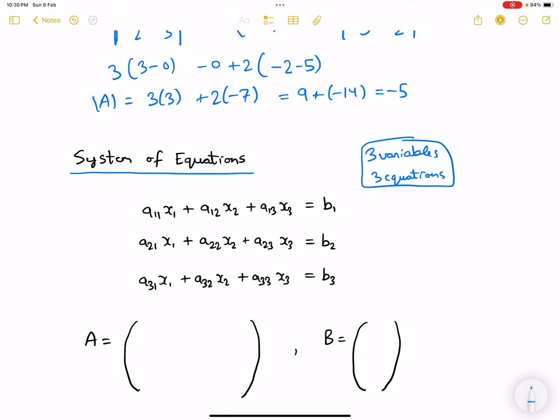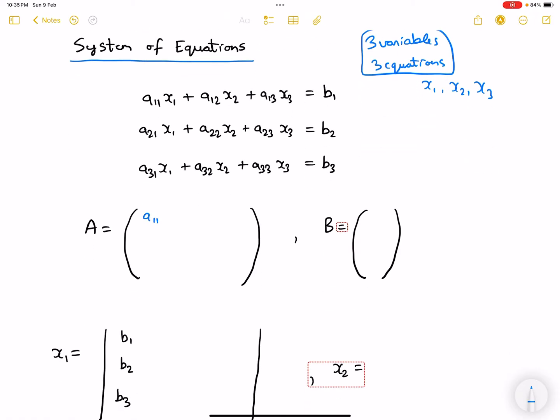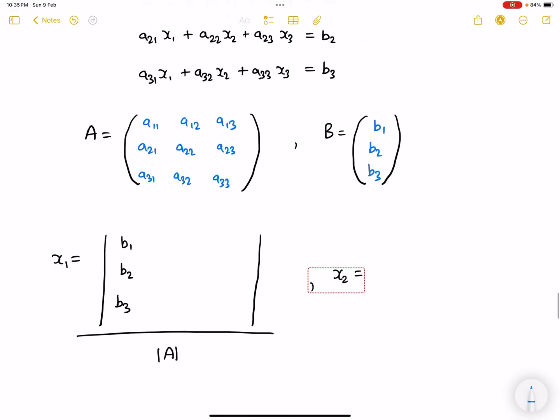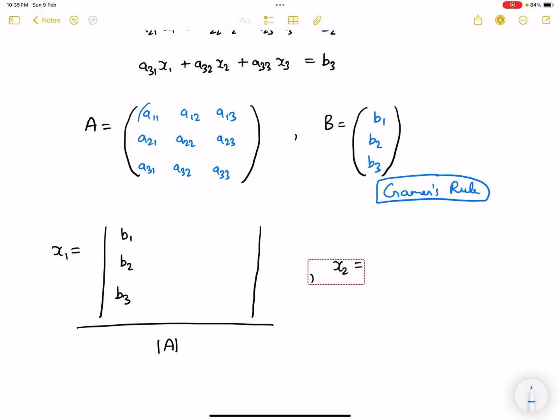Now suppose we have a system of equations where there are 3 variables and 3 equations. The 3 variables are x1, x2, x3. The coefficient matrix A is A11, A12, A13, A21, A22, A23, A31, A32, A33, and the right hand side is B1, B2, B3. Now we have discussed Cramer's rule as well, and according to Cramer's rule, the solution would be: x1 is obtained by replacing the first column with the right hand side, and the rest of the matrix is the same,